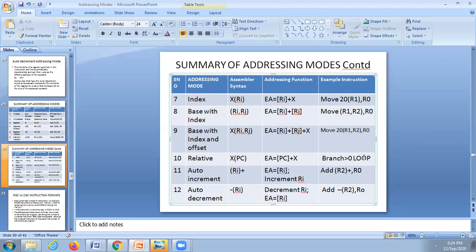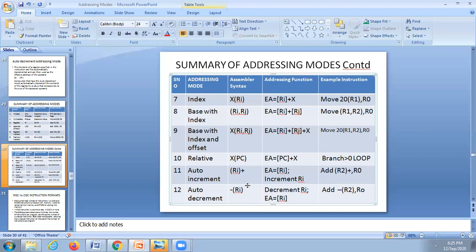This is the label, loop. The difference of locations between the current instruction address and the instruction labeled as loop is nothing but X here. Wherever you write loop, the difference between that address and the current address is X. This is relative addressing mode.